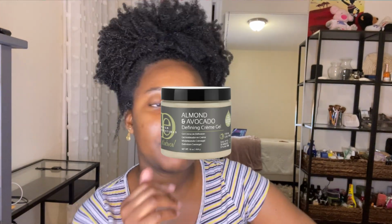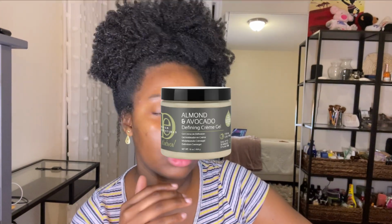Another favorite butter is from Design Essentials, an avocado curl defining cream gel. Another great butter, very similar to the TGIN daily moisturizer. Similar consistency, similar thickness. I first used this when my aunt used to go to get her hair permed, because